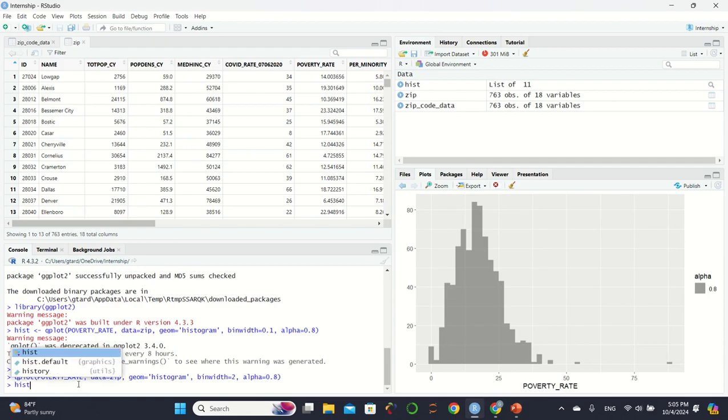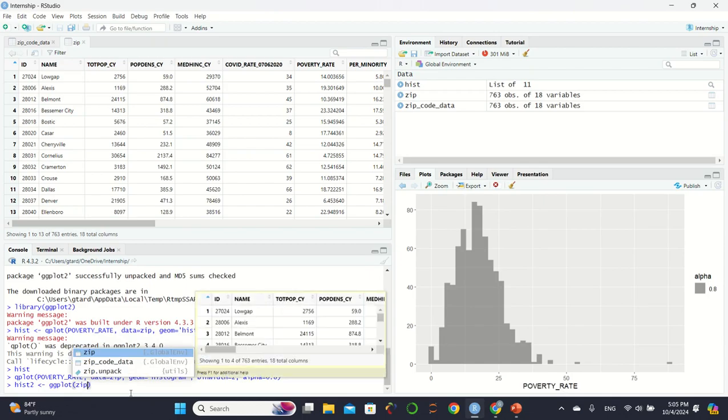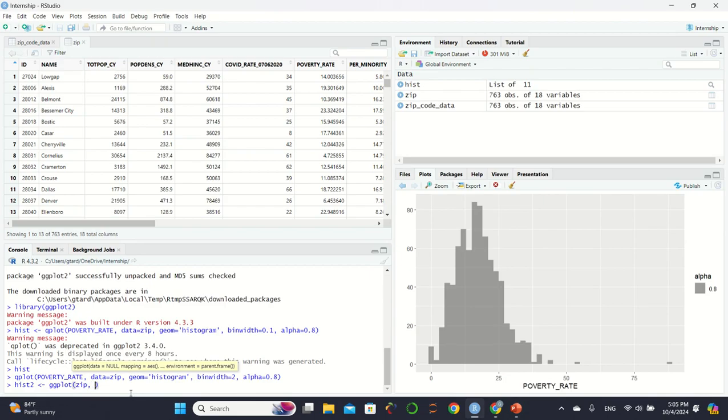We're going to name it hist2, and we're going to use the function ggplot to create it. This time we have to define which data we're using first. So we're using zip. As opposed to qplot, where we put in our variable first and then our data, here we do our data and then our variables. So from here, we're going to use the